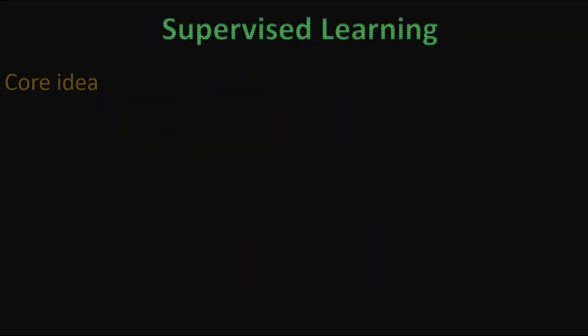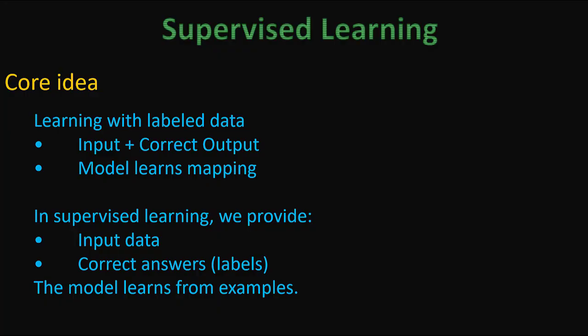Now what is supervised learning? The core idea is, in case of supervised learning, we have learning with labeled data. Here we are given the input and the correct output. The model learns from this input and output. It sees how the input is mapped to the output, how the mapping is done. So in supervised learning, we provide the input data and also the correct answers, and the model learns